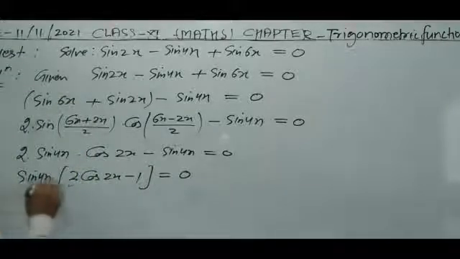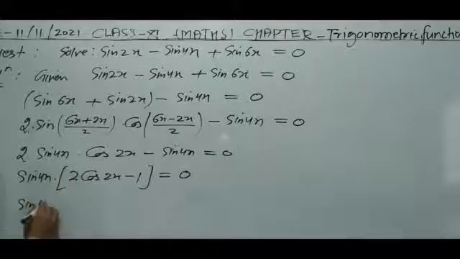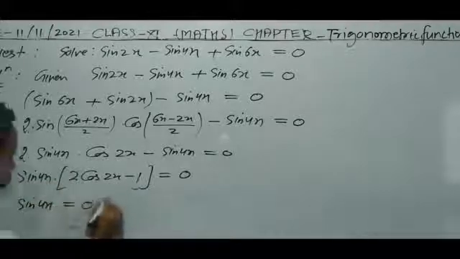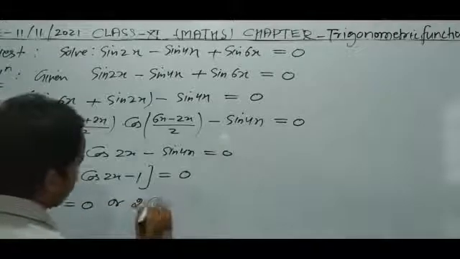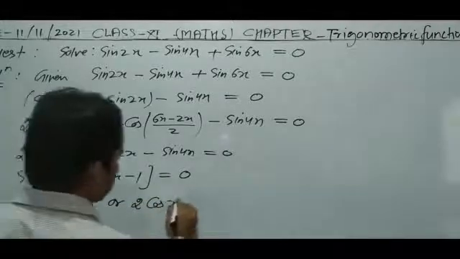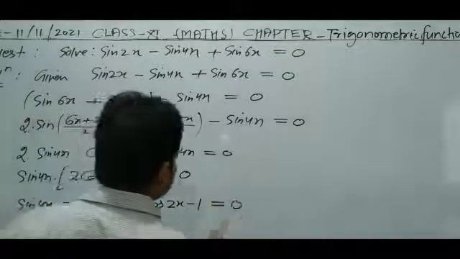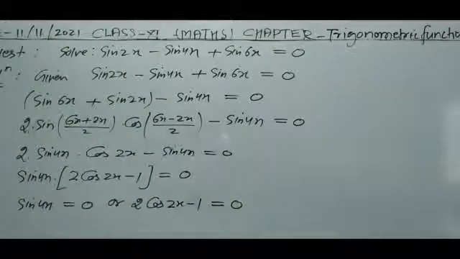And since the product of two terms is 0, either sin 4x is equal to 0, or 2 times cos 2x minus 1 is equal to 0. Now